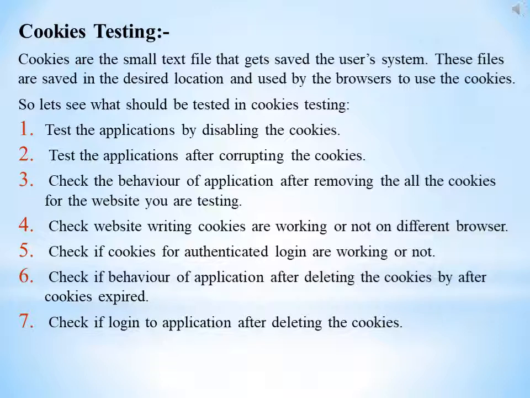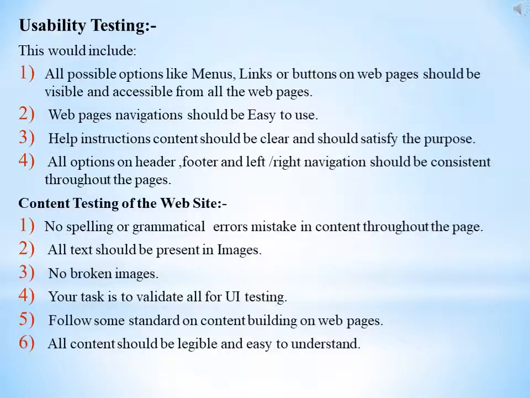Thirdly, check the behavior of the application after removing all the cookies for the website you are testing. Fourth, check whether website-written cookies work on different browsers. Fifth, check if cookies for